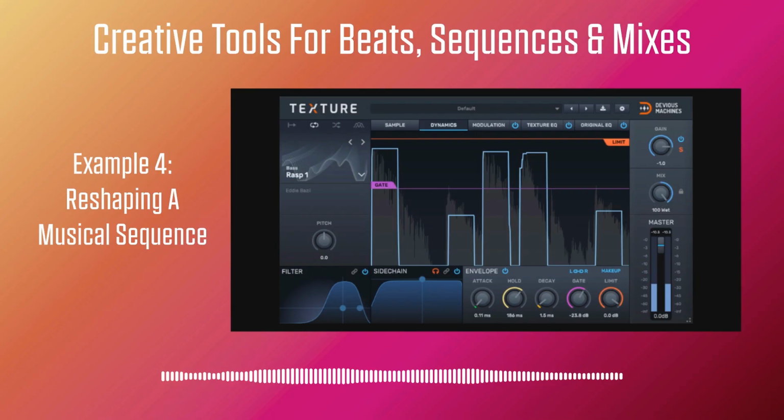Texture synthesizes new layers which track the dynamics of the sound being processed. Layers can be selected from an extensively supplied library from a drop-down menu or created from scratch using the user's own samples. There are modulators and effects and dynamics available to further shape both the layer and the sound being affected. I'm using a bass rasp layer, which I've edited to taste using the onboard tools,